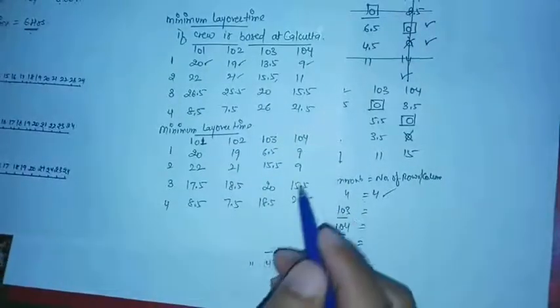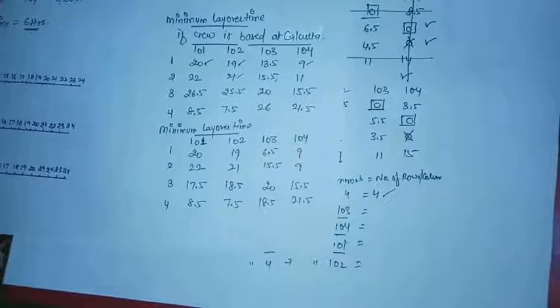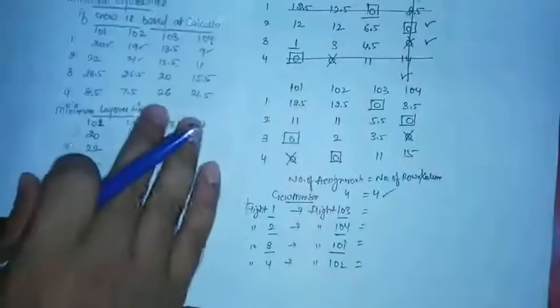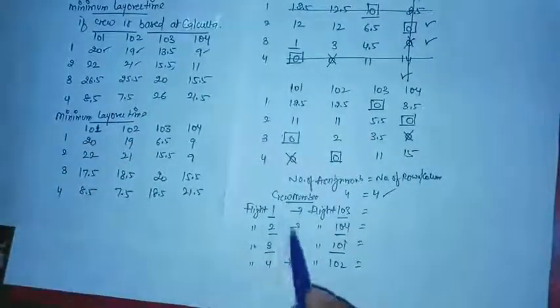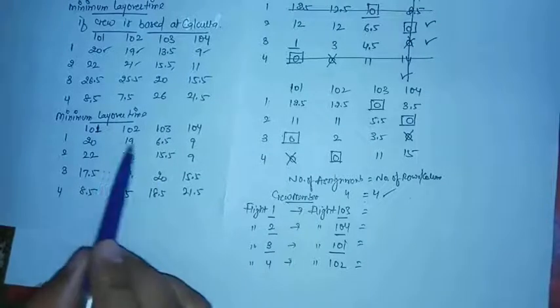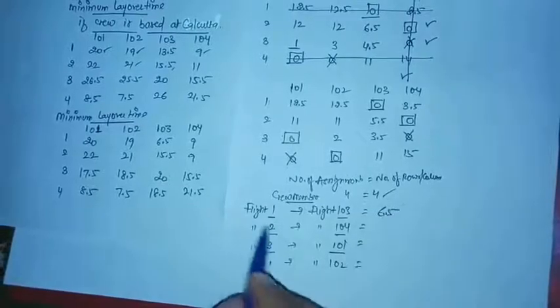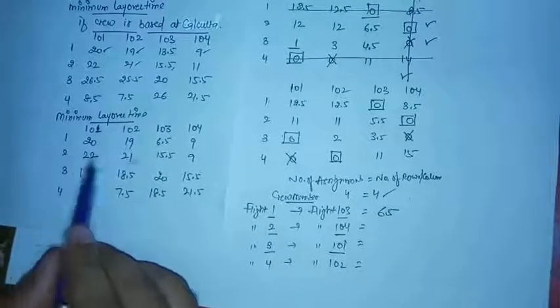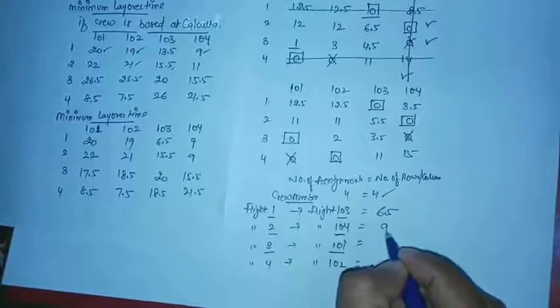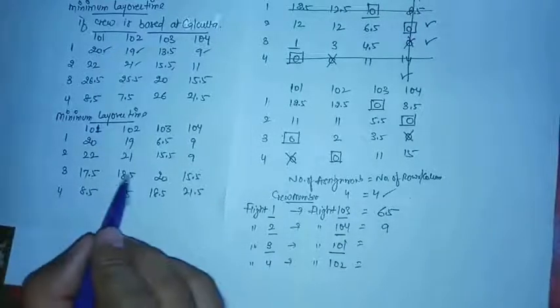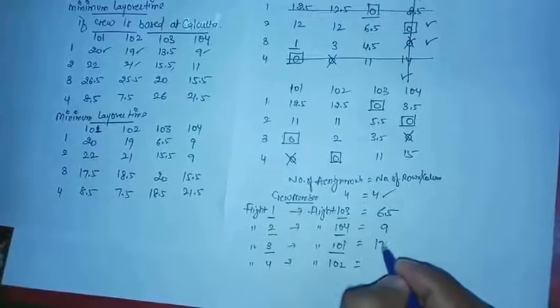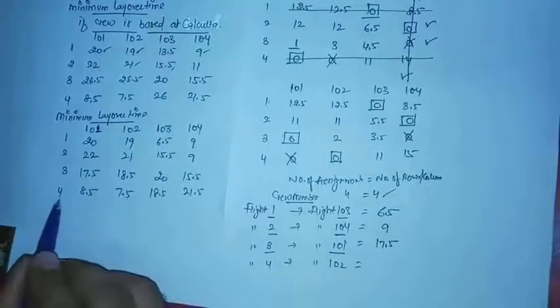taken from the original matrix. The original matrix is here, that is the minimum layover time matrix which we were using. I am writing it here for your convenience. So flight number 1 to flight 103, minimum layover time is 6.5. Flight number 2 has been assigned to flight number 104, 9 hours. Flight number 3 has been assigned to 101, 17.5 hours. Flight number 4 has been assigned to 102,